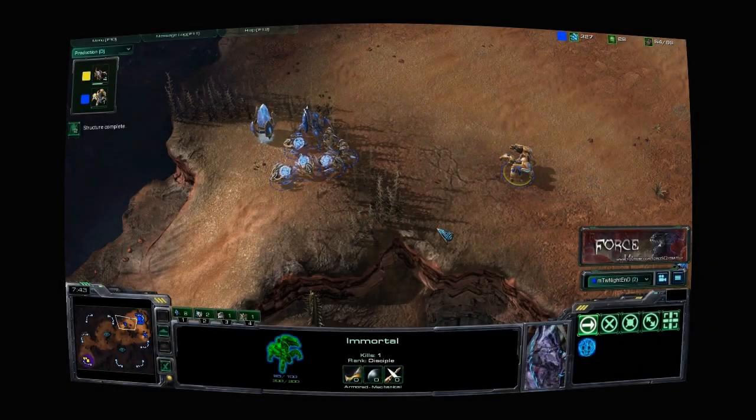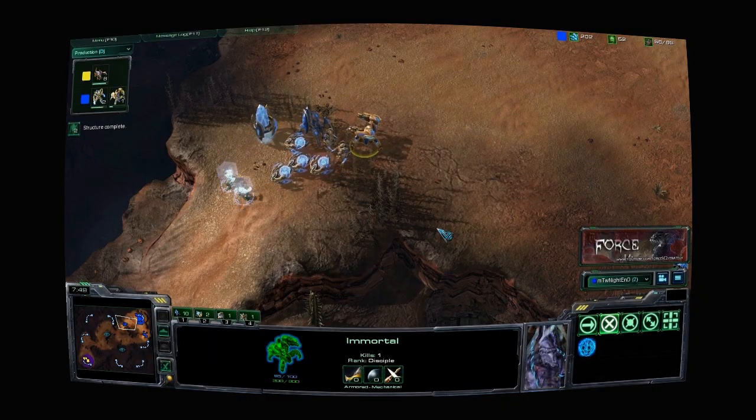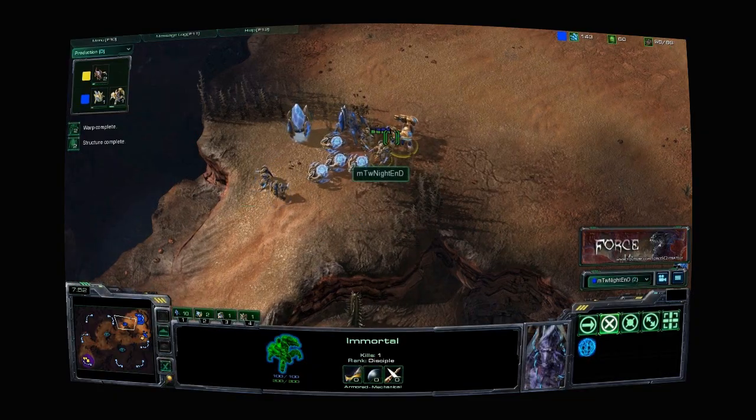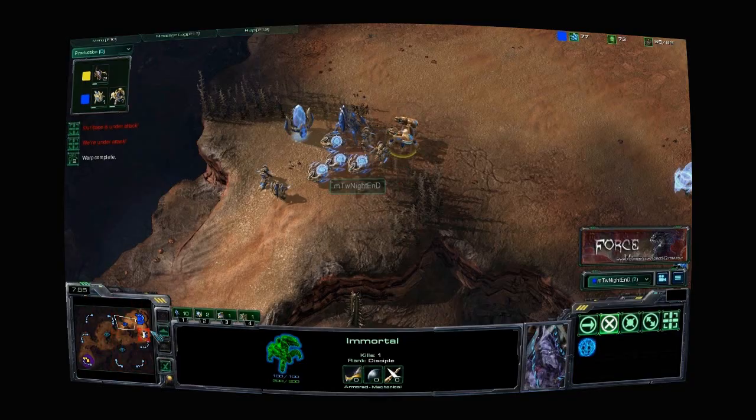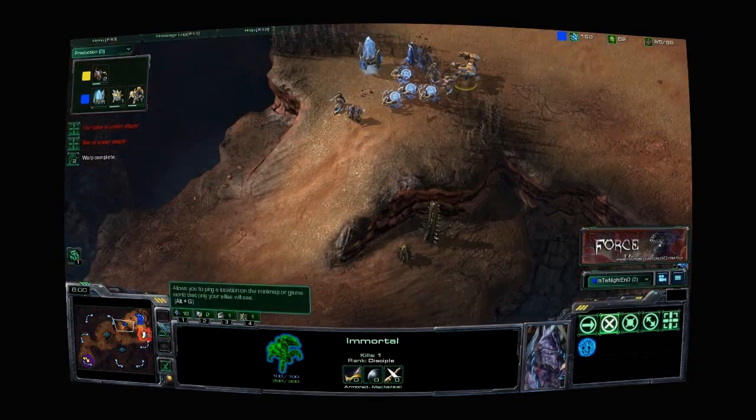Something else to note when playing with Immortals or any unit that's specifically strong against certain types of units, you're going to want to target fire what it's good against. This Immortal does no good for you if he's targeting Zerglings. So when this Immortal comes into battle, you are going to want to make sure that you target fire any